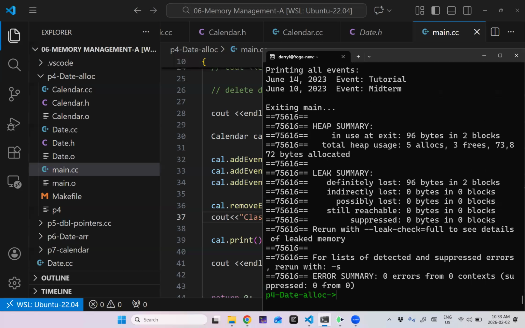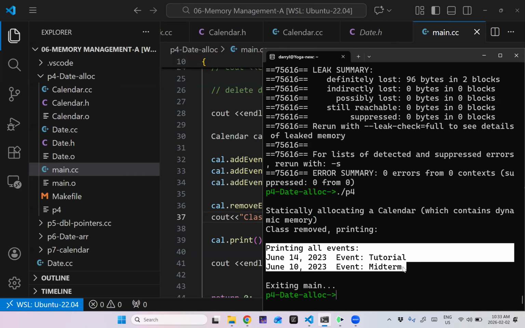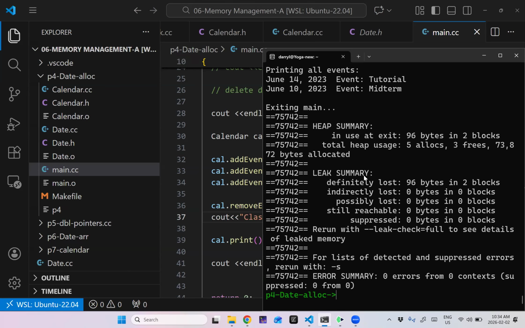So I allocated my calendar, I added these 3 events, and then I removed one, and it seems like, yeah, it looks good. Looks good. Of course, if I run it with Valgrind, I still have memory leaks because, well, I deleted one thing, but there's still 2 things left.